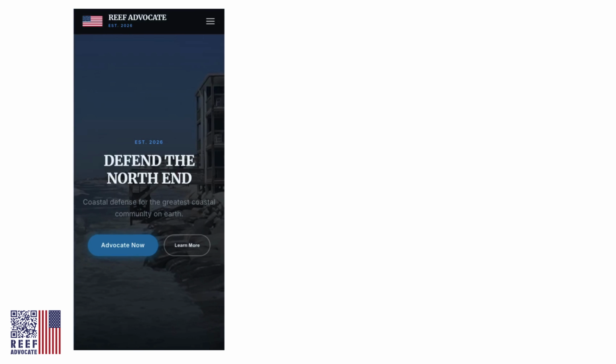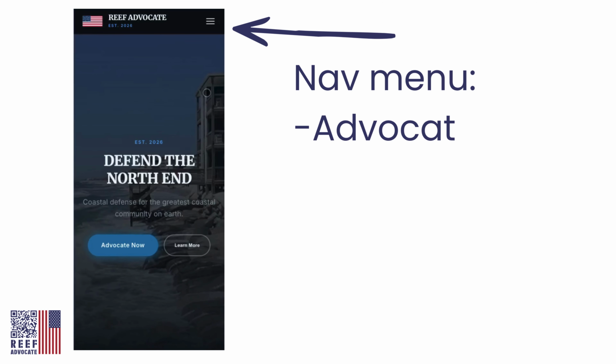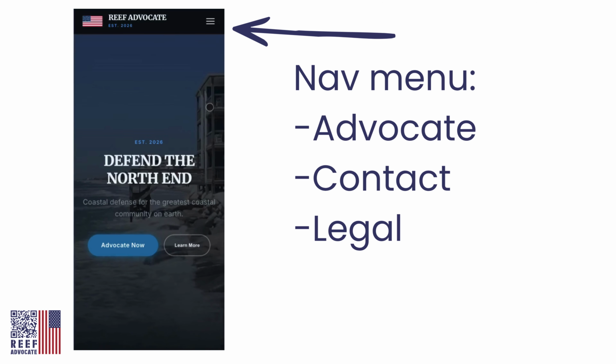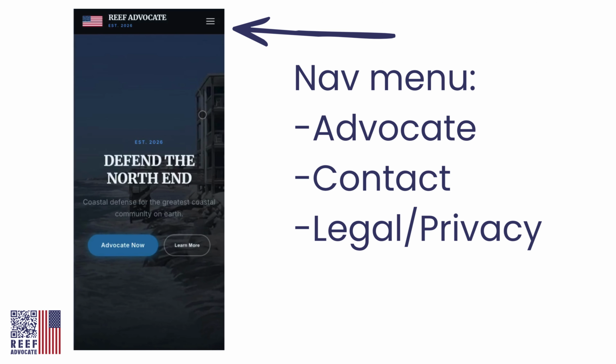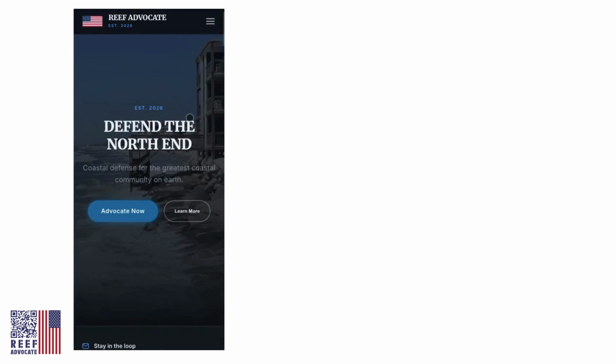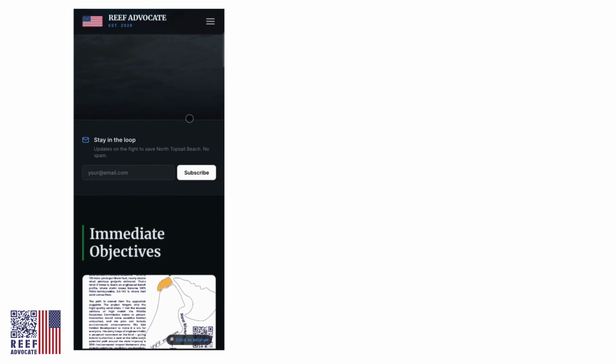This is the homepage, reefadvocate.com. We're looking at the mobile version, but it's even better on desktop. The nav menu has the advocate page, the contact page, and the legal and privacy page. We're going to focus on the advocate section, but we'll just run through the home page real quick to see